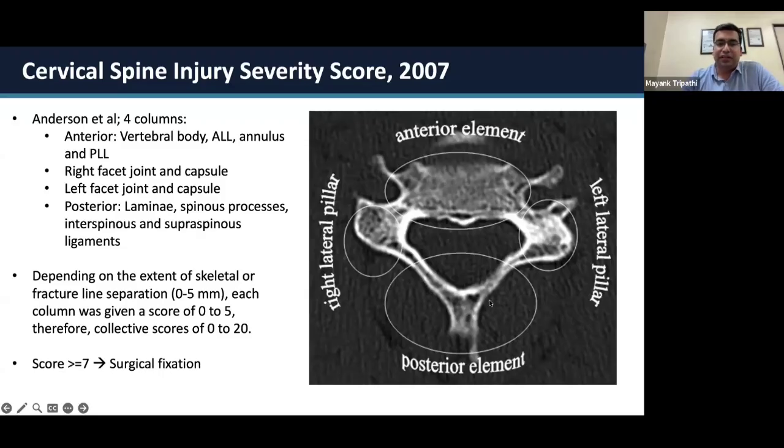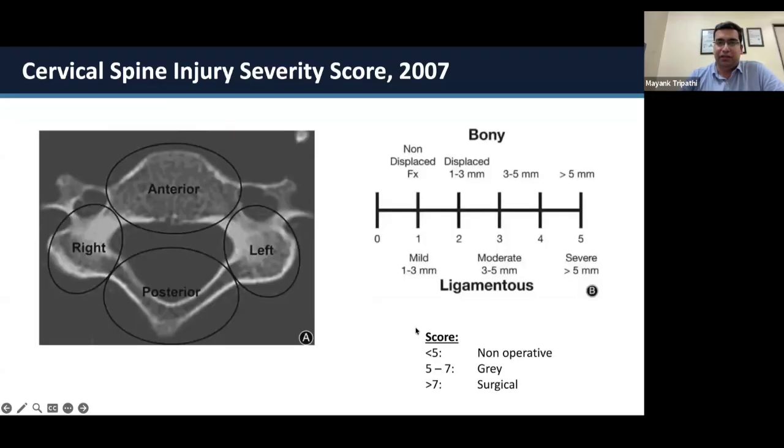So as per this classification system, depending upon the extent of the skeleton and the fracture line separation, which was given a grade from 0 to 5 mm, each column was given a score of 0 to 5. Therefore, four columns were present, so the collective score was 0 to 20. Like, if the separation was 1 mm, a score of 1 was given. If the separation was 4 mm, a score of 4 was given. And for all four different